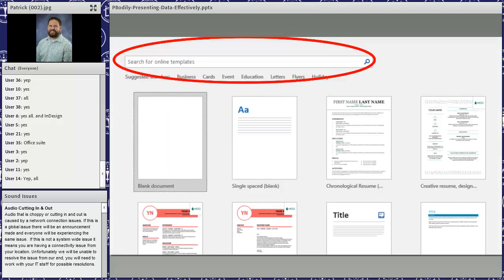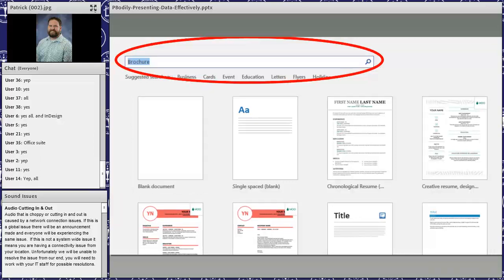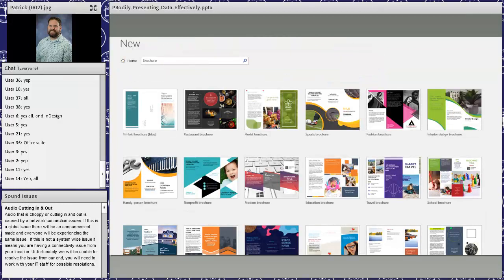So for example, when you open up a brand new presentation in Microsoft, there's a search for online templates or search for templates that are already there on your computer. If you were to type in, for example, brochure, then all of these brochures will come up that you can just pick. And for this example, the last time I did it, 29 different templates showed up, and more from other applications, more that were online that you could download as well.